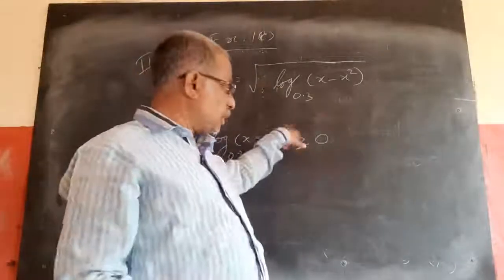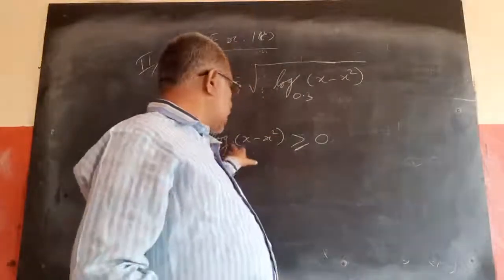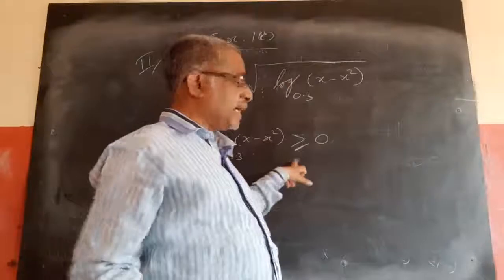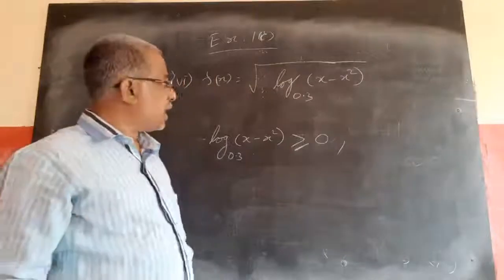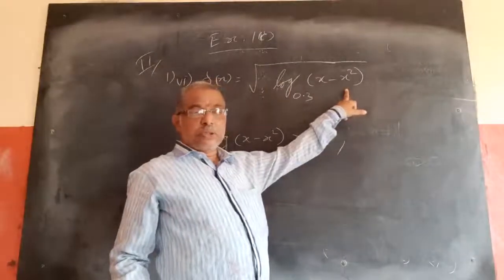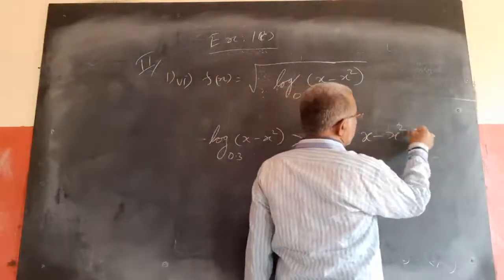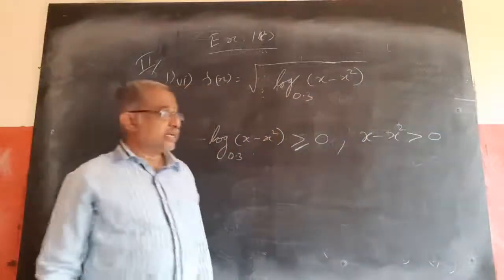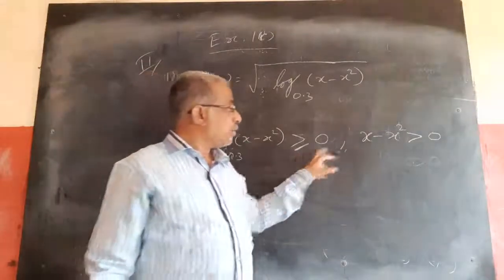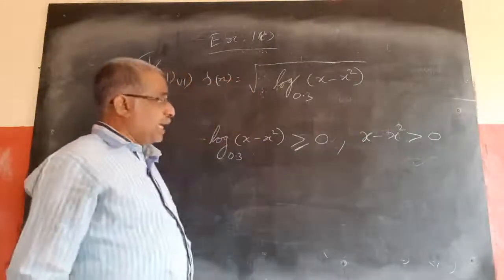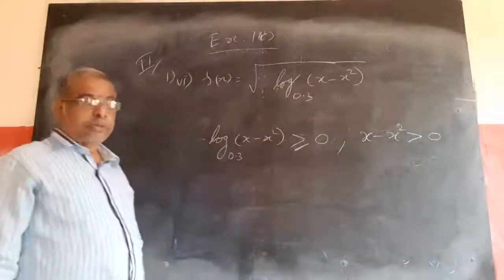In the previous sum I kept only greater than 0 because it was log. Here it is the other case. Root of 0 is defined. Next, log is defined only for positive values, so x minus x square is greater than 0. Log 0 is also undefined, that's why I am not giving equal to 0 there. But root is defined at 0, that's why I am giving equal to 0 here, but not here. So x minus x square greater than 0, and log of this must be greater than or equal to 0.